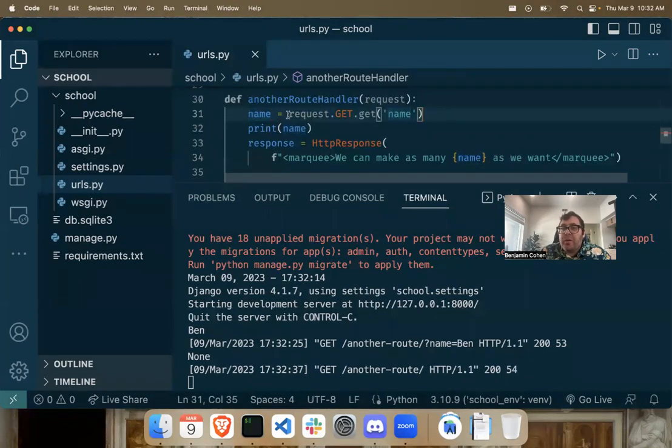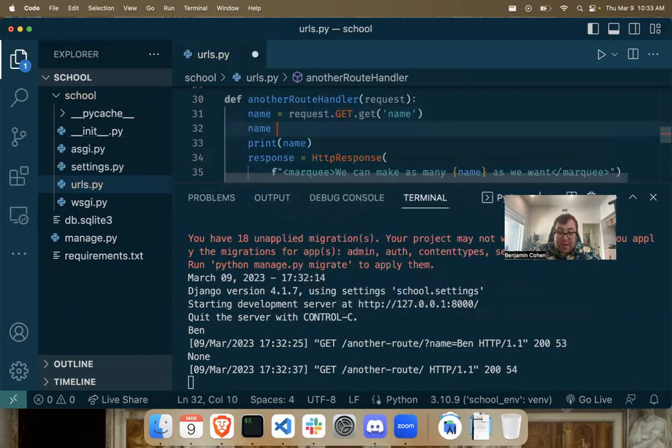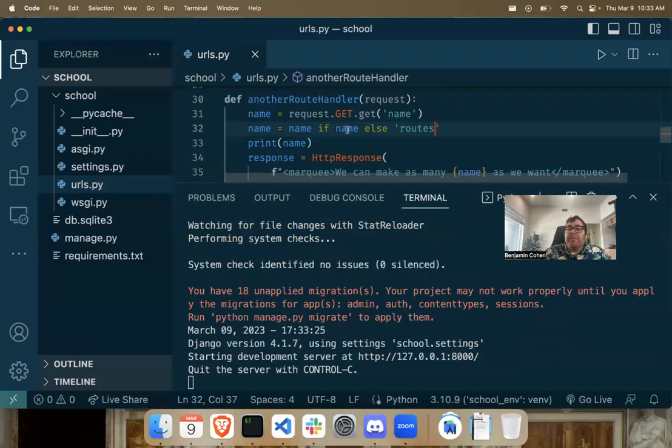So I could easily fix that with a, what do you call it? A ternary operator. So I could say name equals request.get.name. And then I would say name equals name if name else, and then that's where we would put our default. So my default in this case might be routes because that's what it was before. So I'll save that. And now if name happens to be none, because it's not actually in that query parameter,